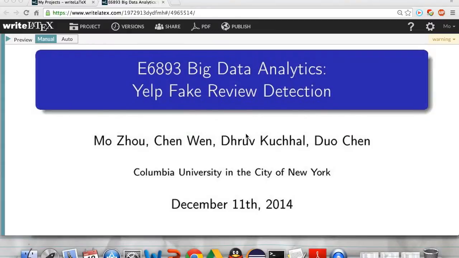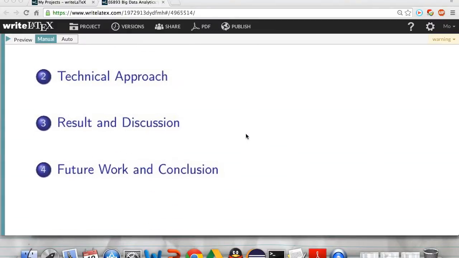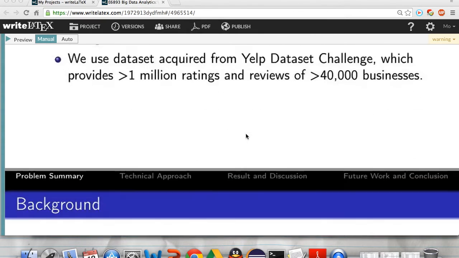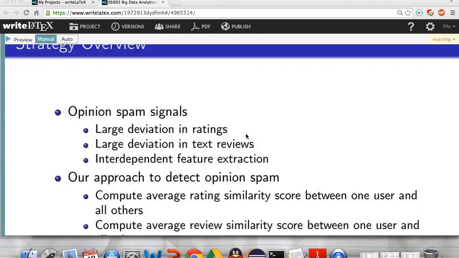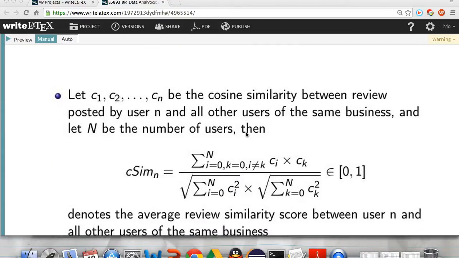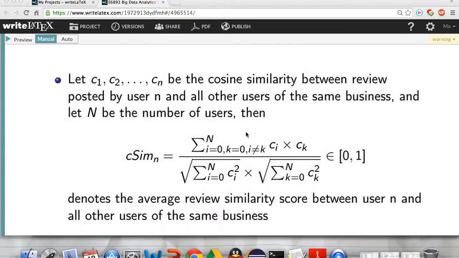Our project is Yelp fake review detection. We are trying to flag opinion spammers on rating websites. We use the Yelp dataset challenge data, which has over 1 million ratings and reviews, over 40,000 businesses. Our main algorithm is to compute the review similarity using cosine similarity, and this is our